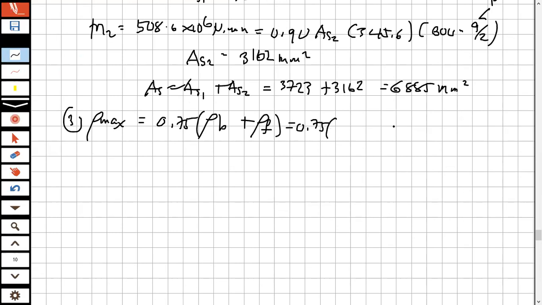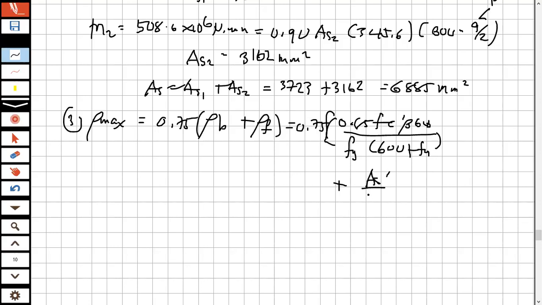The rho balance is 0.85 f'c beta, and then 600 over fy, 600 plus fy. This is for rho balance, and then rho f is equal to As1